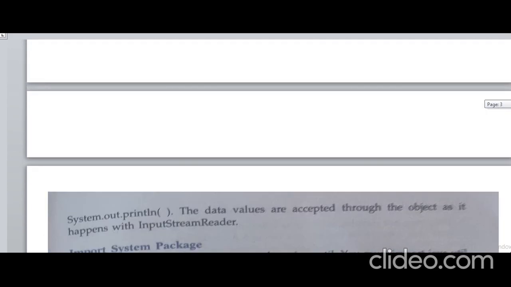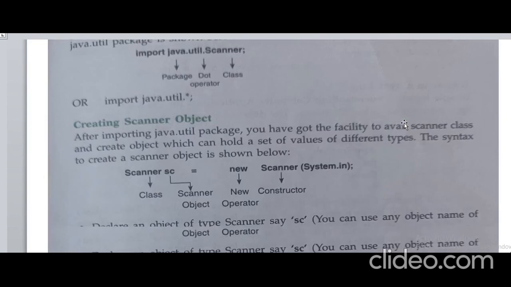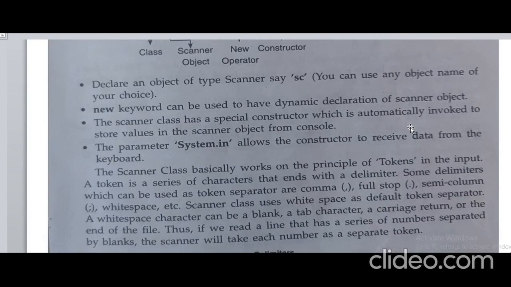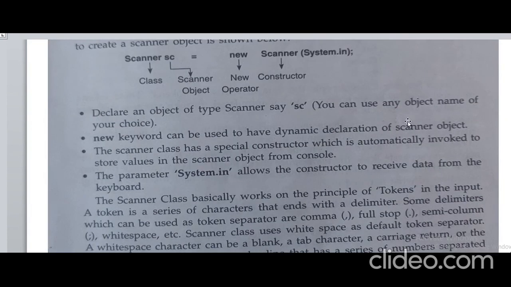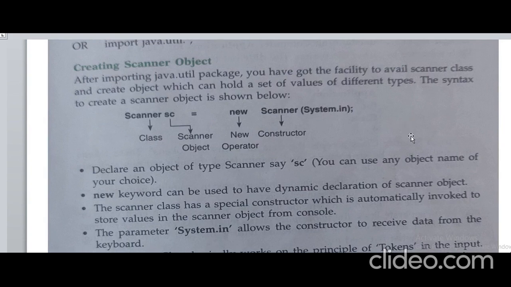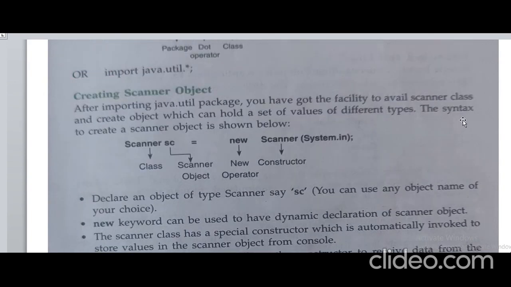Now, how to declare an object, how to create the object of the scanner class. After importing the util package, you get the facility to avail the scanner class, because in the first line of the program we have imported the package util, through which we are accessing the scanner class in our program.